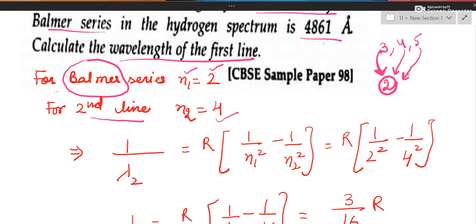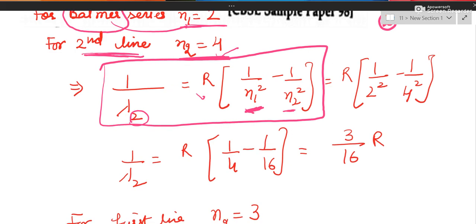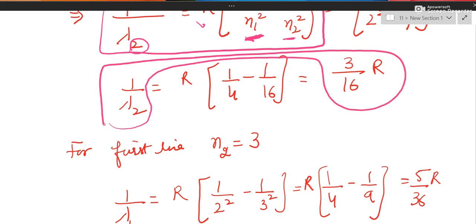So right now they have given the second line wavelength. So I am saying for Balmer you write N1 is this, fixed. For the second line it has to be the next, not 3 to 2 but 4 to 2. Okay, so it is fixed, 4. So wavelength you can calculate by this formula. This formula everyone knows. Just substitute N1 and N2. So your second wavelength expression is ready, whose value is given though. ठीक है, तो my second wavelength, 1 by lambda 2, is equal to 3 by 16 R. This equation is ready.